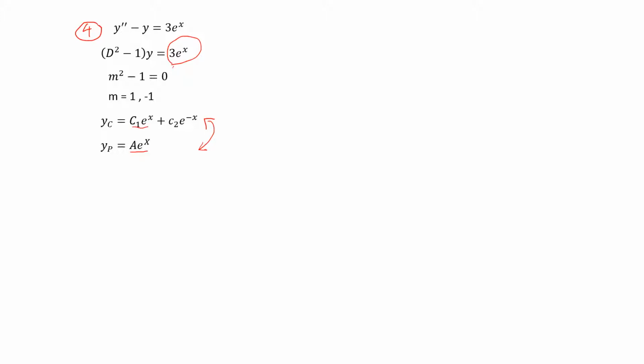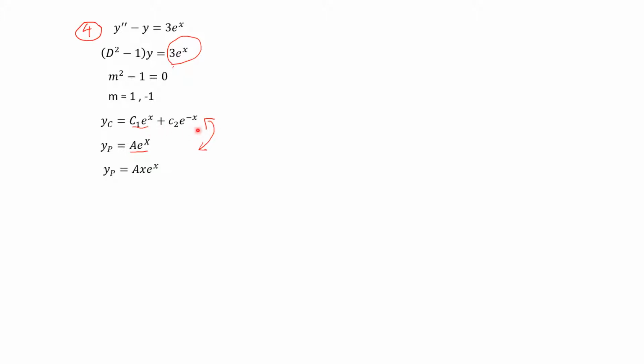If you combine them they will be the same. So the cure here is to multiply yp by x. So the revised yp will be a x e to the x. And compare it again here. Is there anything